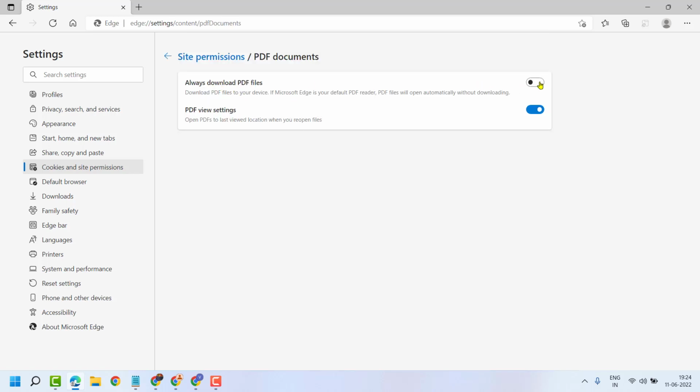Now turn on this option, always download PDF files. You have to select this option, always download PDF files, make it on. Now close it